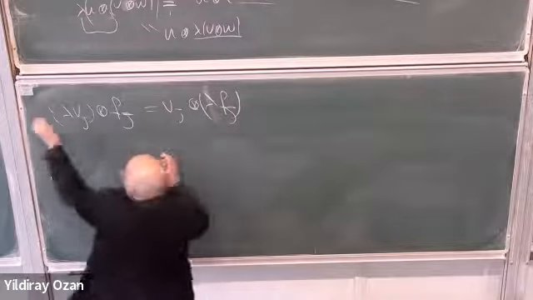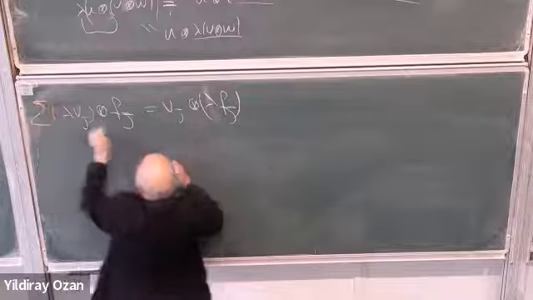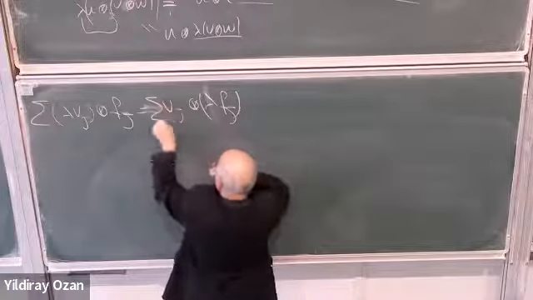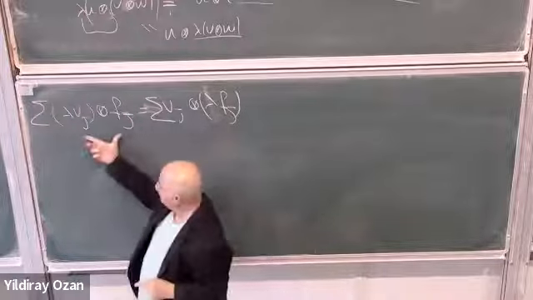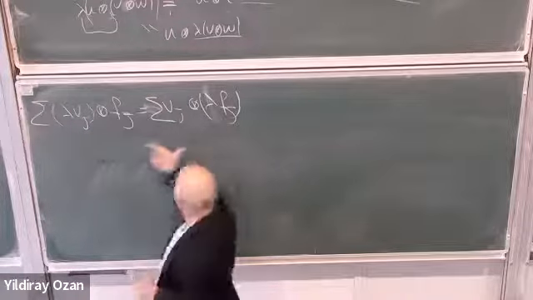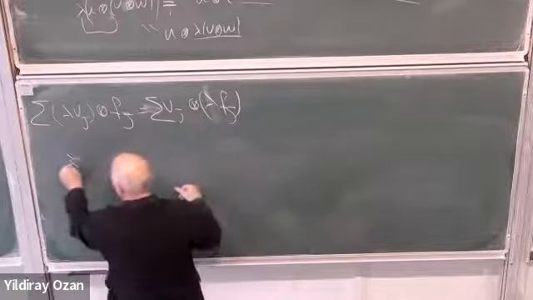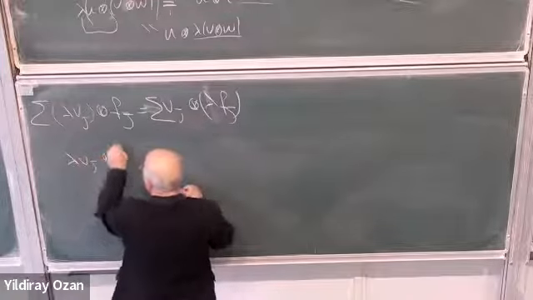And then we have summations, of course. But forget the summation. The value of this guy and this guy should be the same. Let's check. Lambda V_j tensor F_j